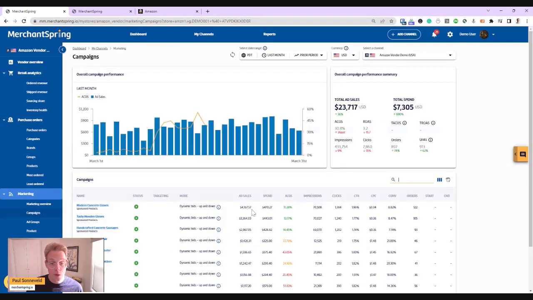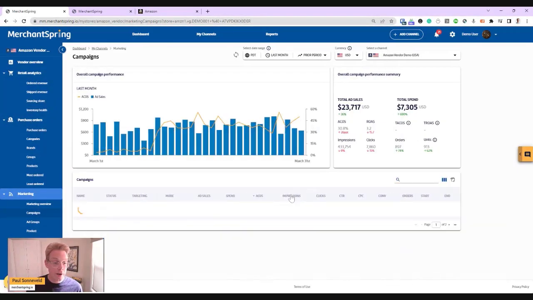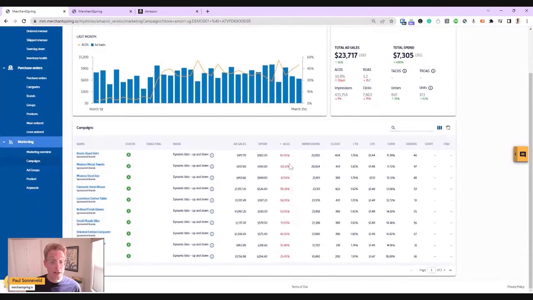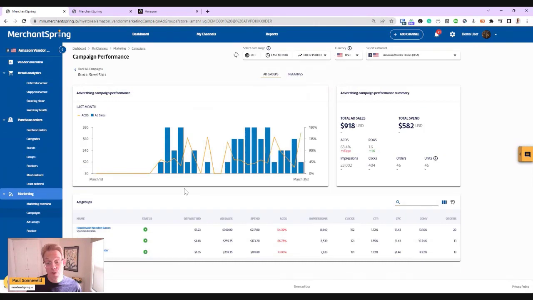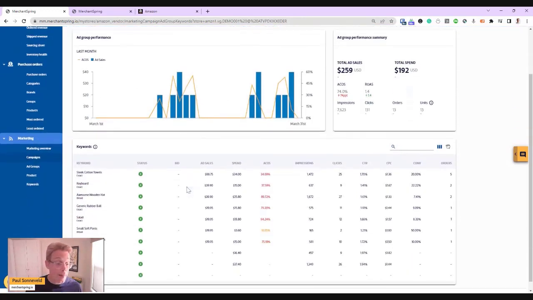For example, we might want to look at all of our campaigns, ACoS, high to low, and then start to really look into some of those specific campaigns and ad groups where our ACoS is running really high, in order to determine, are there particular keywords or campaign types that we should be dialing back on, or in some instances even adding those, the keywords that is, to negative lists.